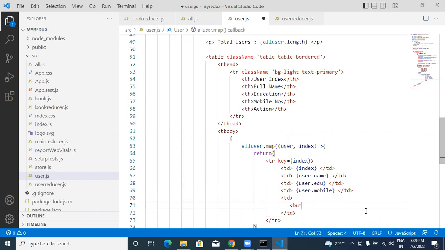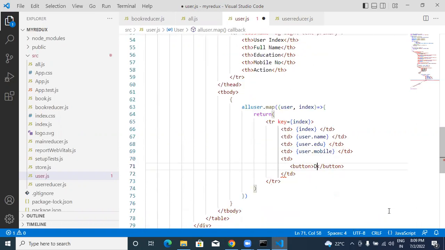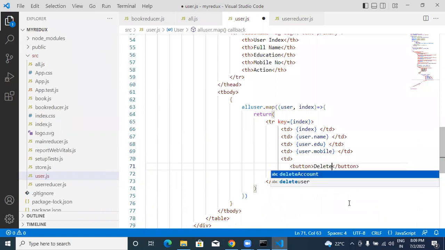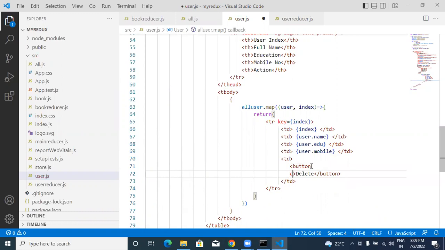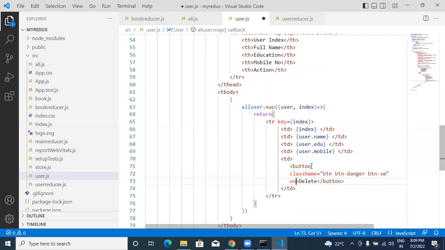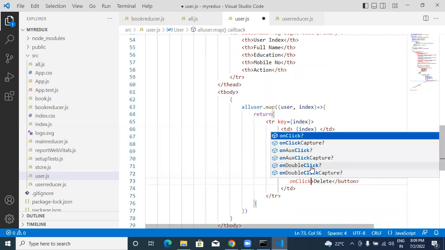A button, delete. Class name btn, btn-danger, btn-sm. On click equal to,